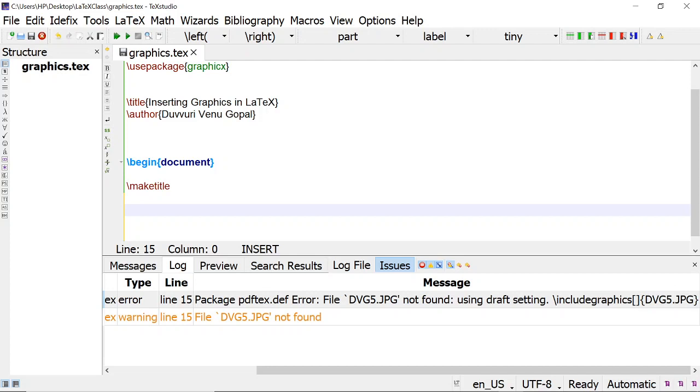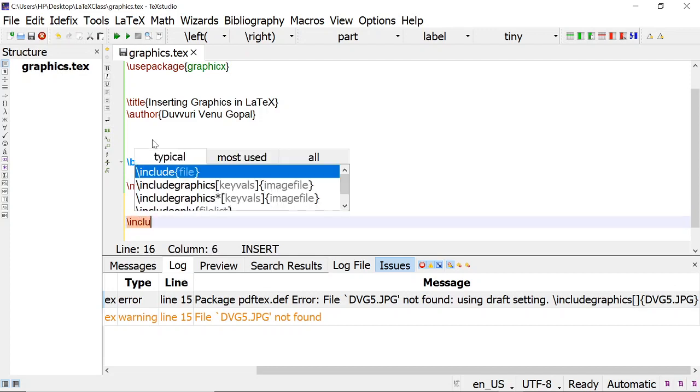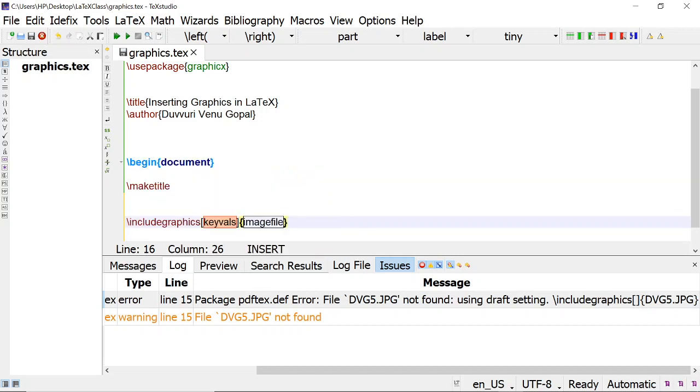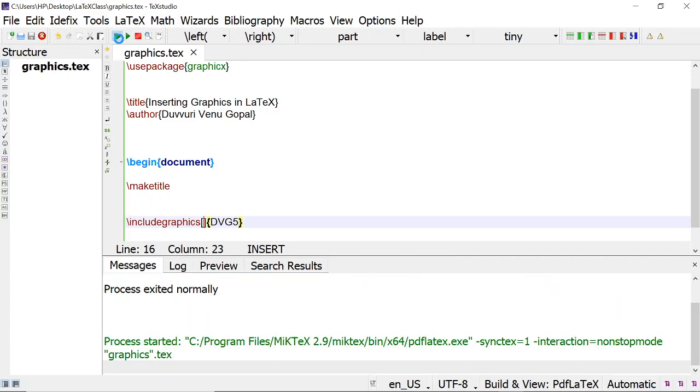To insert this figure, we have to use includegraphics, and then the name of the file. Key values I will tell you later. These are the options. I have kept a photograph in the folder LaTeX class. Now I am compiling this document.